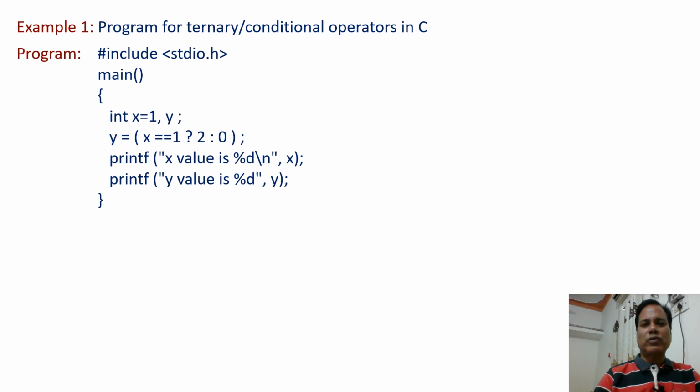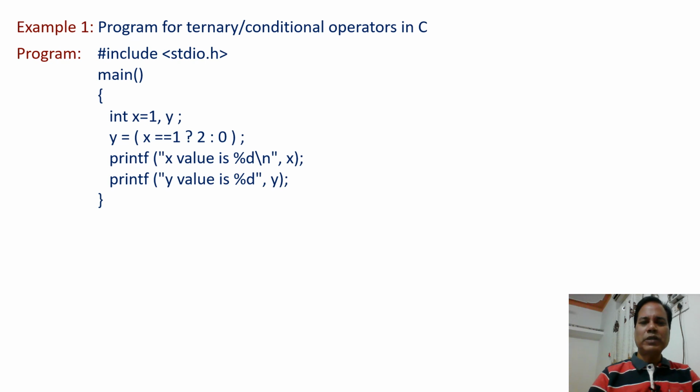So y equal to, this is the assignment operator. So what is the right side? That is evaluated, and the output of that expression is assigned to the left side variable y. So let us evaluate the right side expression. In the right side expression, the conditional operator is used. So in the conditional operator, x equal to 1, the value of x is compared with 1. When it is true, and at this point it is true, then the value of y becomes equal to 2.